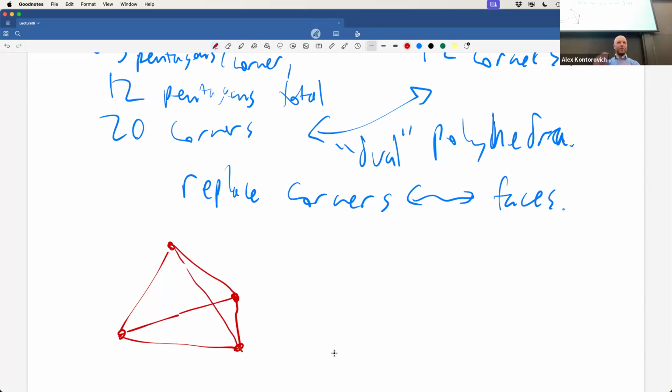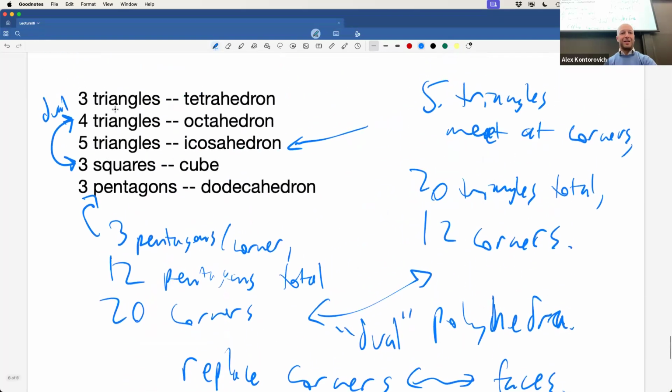Okay, you see that? Four shapes. And now let's draw. I'm going to draw the centers of all the faces. This is the front face. This is the bottom face. This is the side face, and that's the back face. And everybody's connected to everybody. So hopefully you see the tetrahedron is dual to itself. Okay, so it's self-dual. Tetrahedron is self-dual.